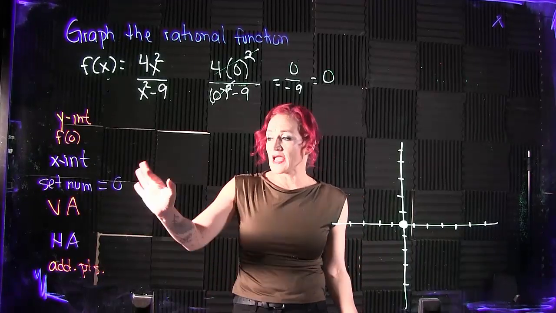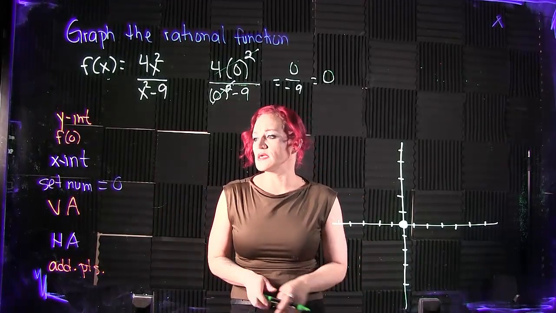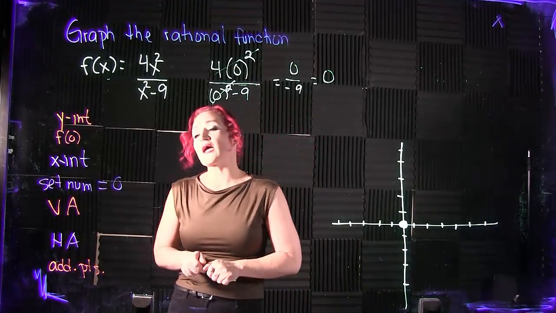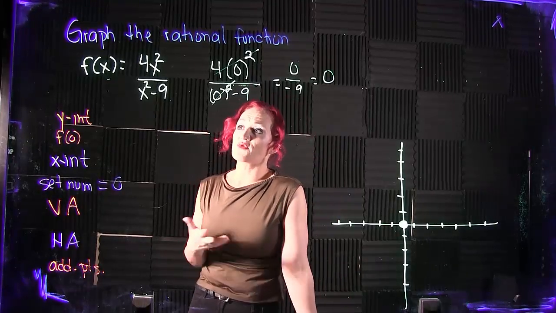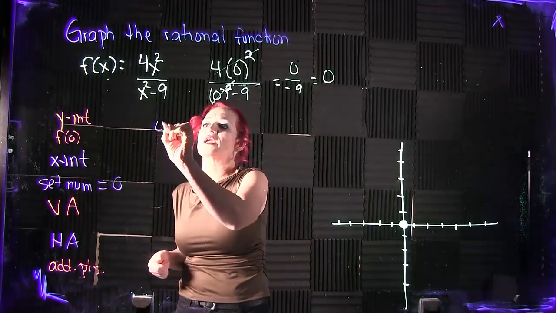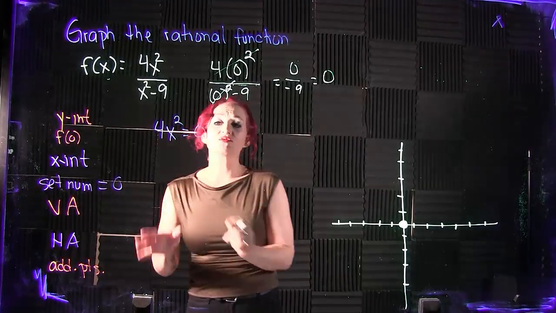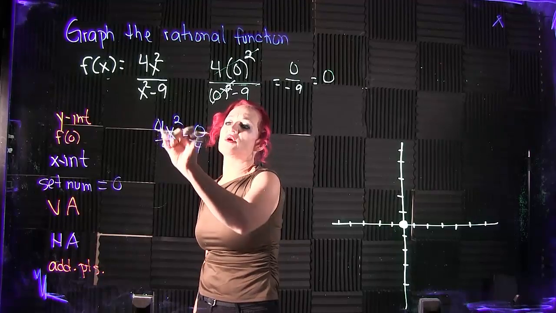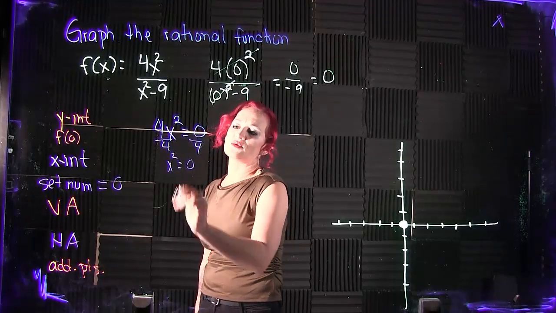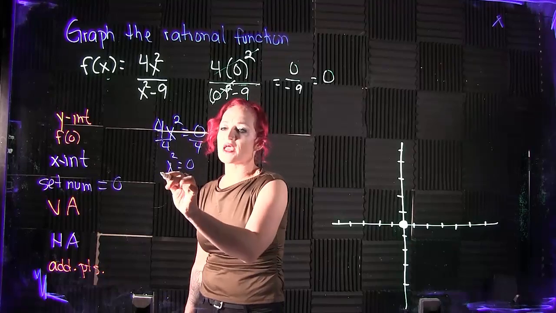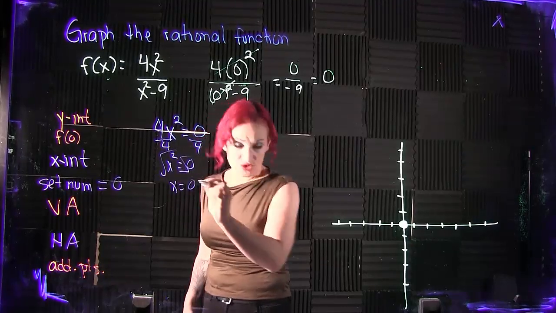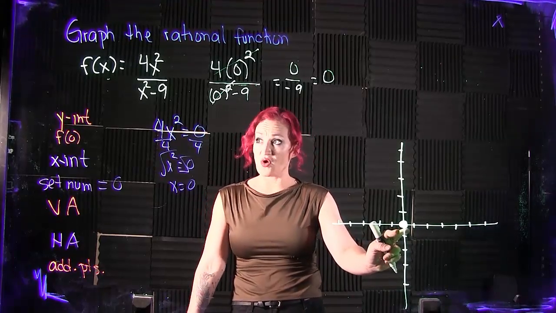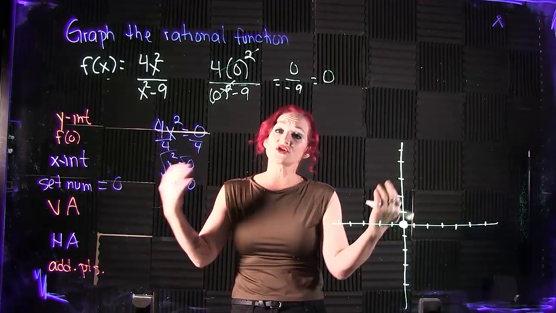Now, our next step is to check whether there are any x-intercepts in our function. In order to find the x-intercepts of a rational function, you want to take the numerator, set it equal to 0, and solve. If we do that here, we divide the 4 on each side, which gives us x squared is equal to 0. Take the square root, and we still get x is equal to 0. So this point (0, 0) that we found for the y-intercept